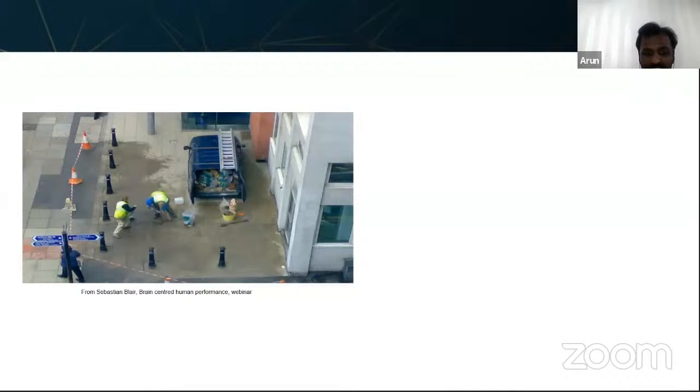So probably it's a regular schedule, and you could see the construction workers, they are building up or creating some barricades. But do you wonder how they are going to take the truck or a van parked inside that one? So that's the thing. In the first place, many of us don't want to make mistakes in a regular routine, but of course people end up making mistakes even when they follow a lot of protocols.